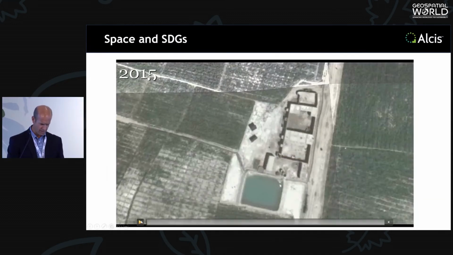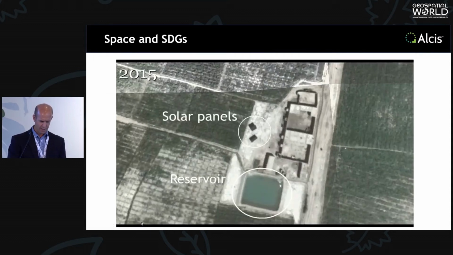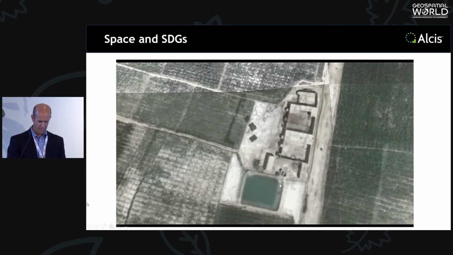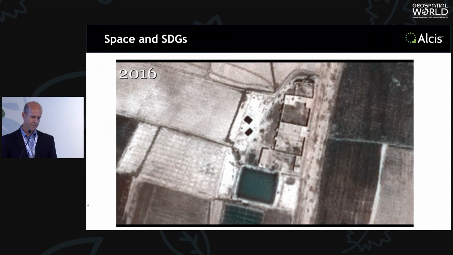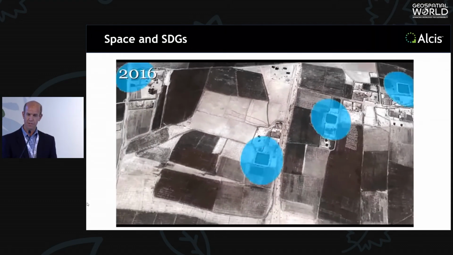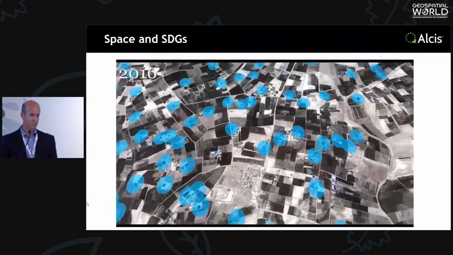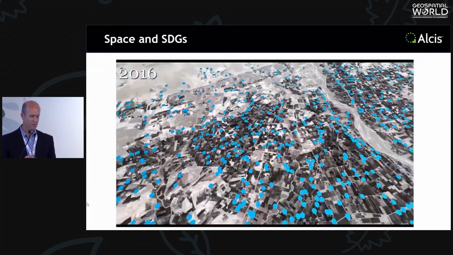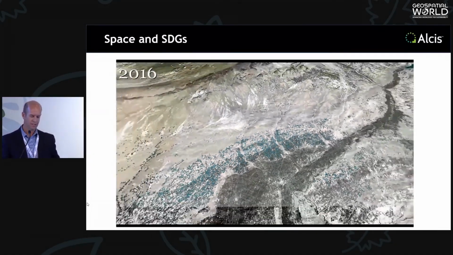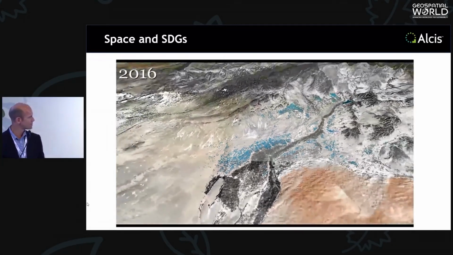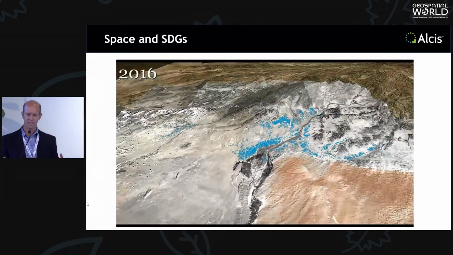I've got a little video that takes you through. So you're looking at a compound in Afghanistan there. And then as we start to zoom out, you can see the reservoirs being picked up in the satellite imagery. And you see, he's doing it, his neighbors are doing it, the whole community is doing it. And as we zoom further and further out, it's actually the whole valley. And all of these, you can see the distribution of the points there is all sitting outside that traditionally irrigated agricultural land. So this is all new land that's come under agriculture, all powered by renewable technology.